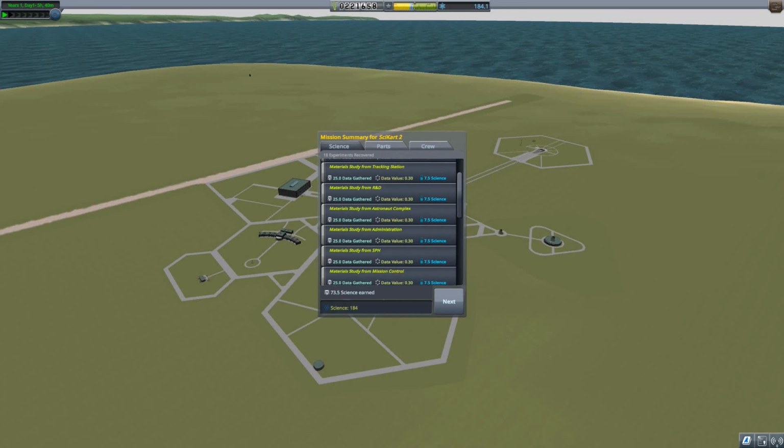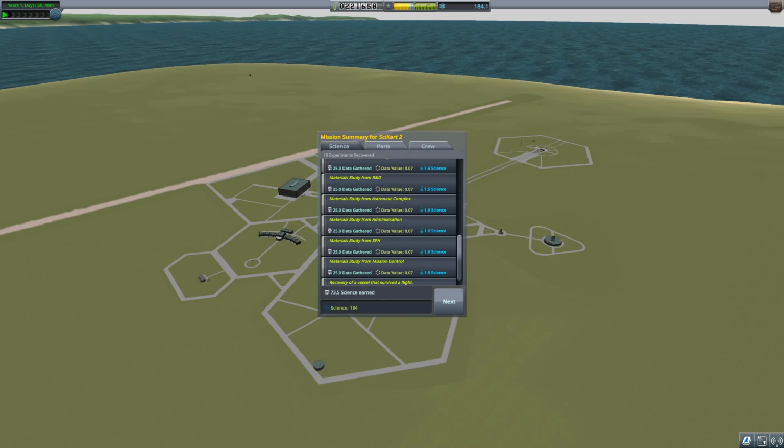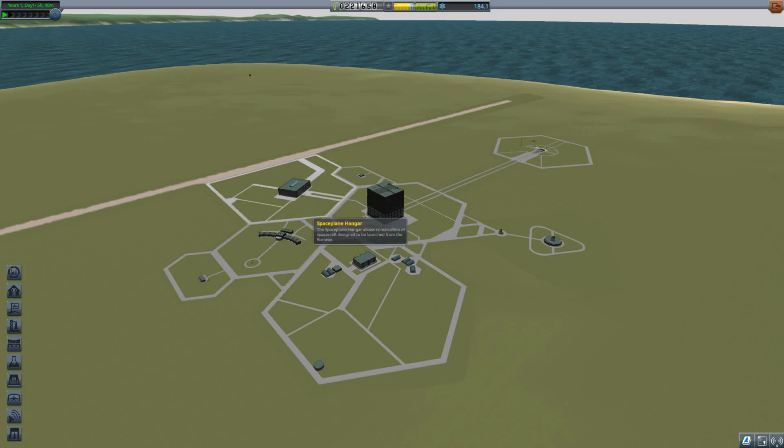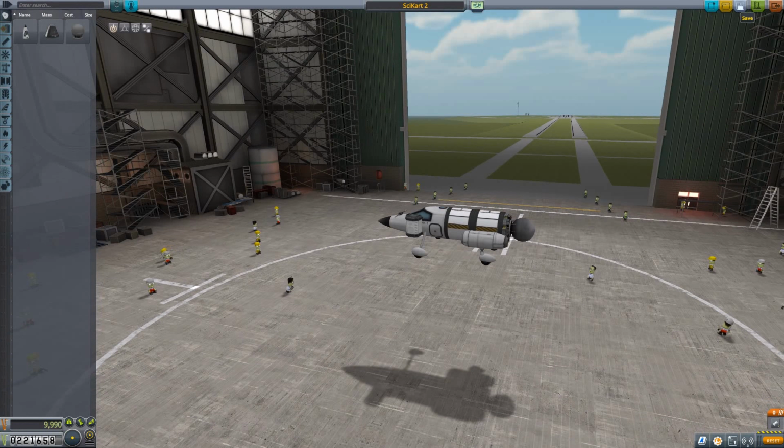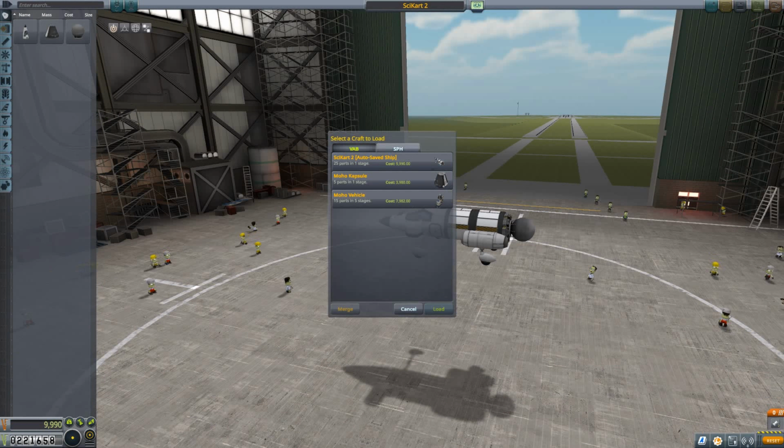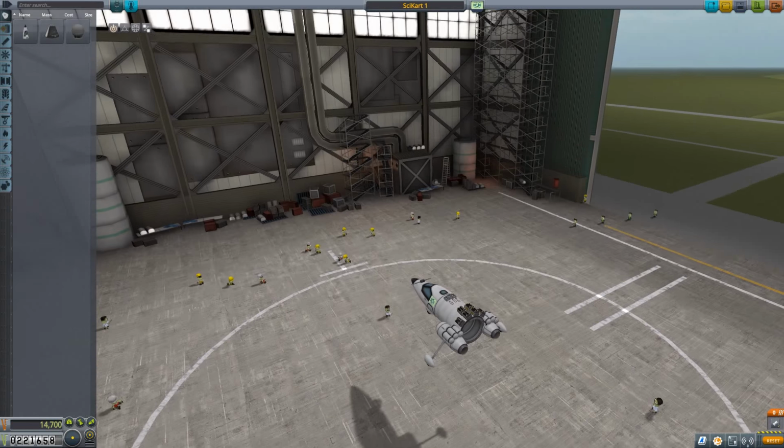So this is huge. That whole thing gave me about 73 science, just gathering those material studies at all the locations. So now I am going to go in, and I'm going to load up the next cart, side cart 1. And so this guy right here